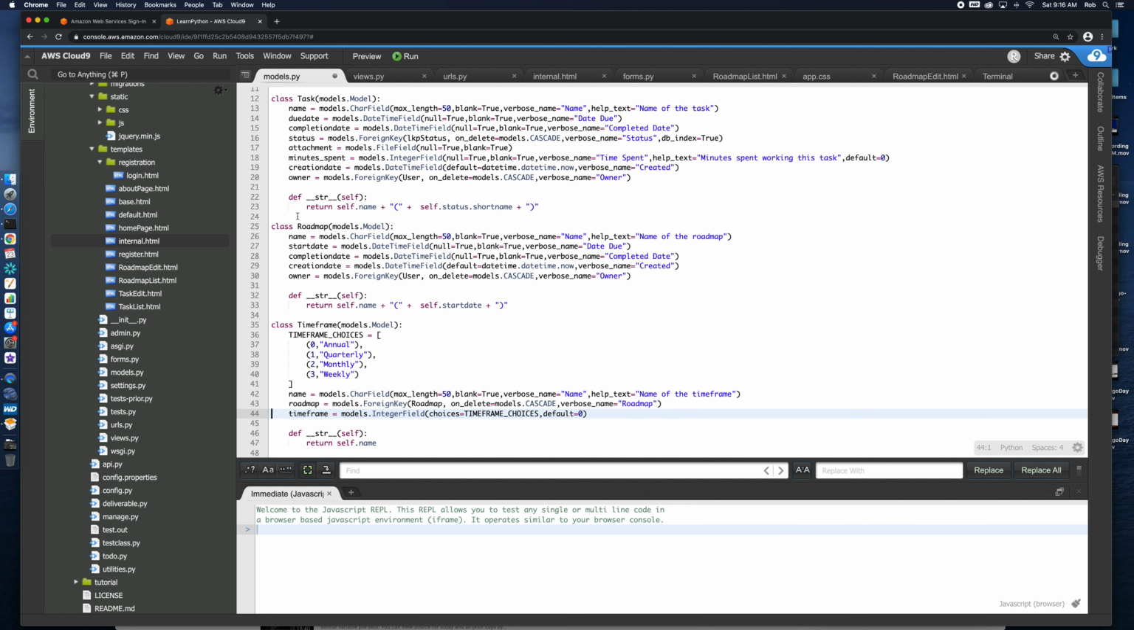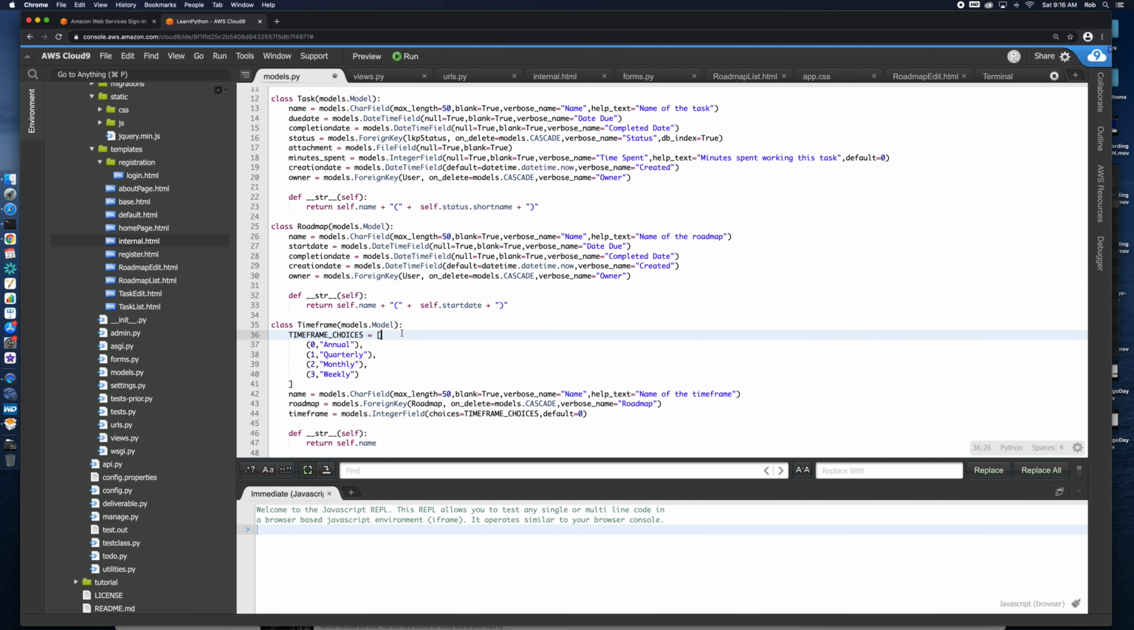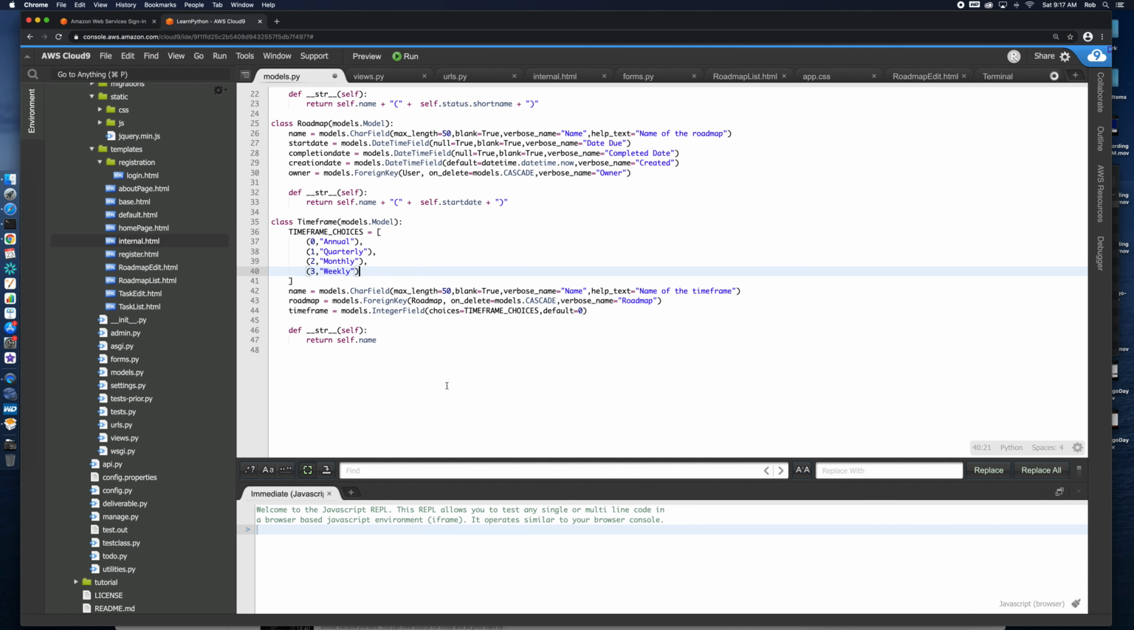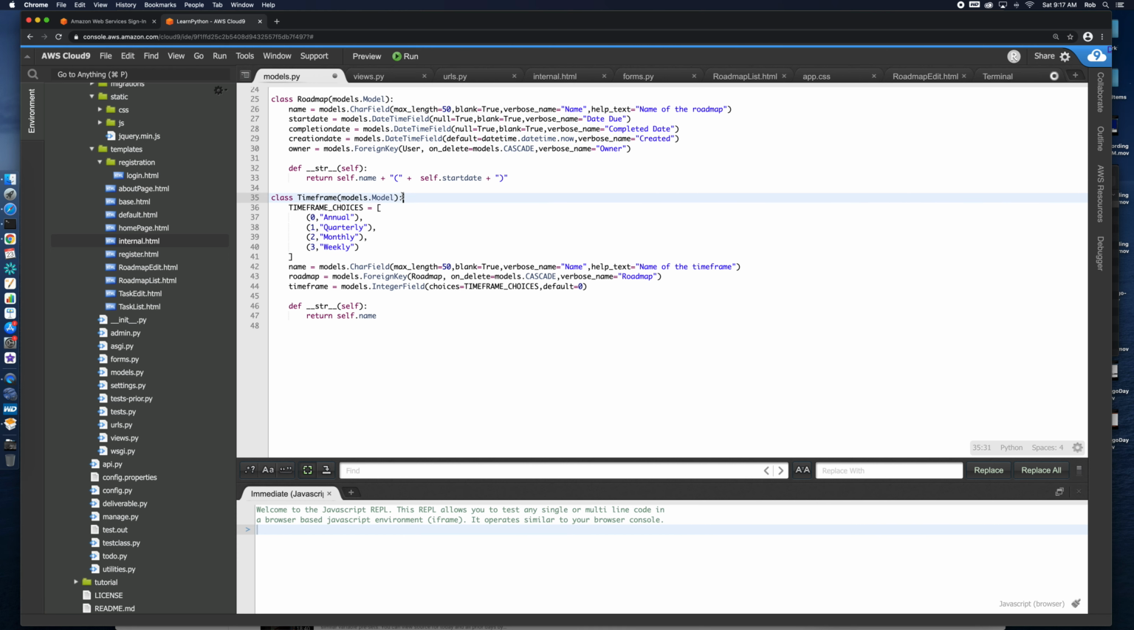experience point of view. We're going to come in and create a roadmap as a user. You'll create a roadmap. You can pull in time frames. You'll create a time frame. And then you're going to assign tasks to the time frame. So here we're going to take,